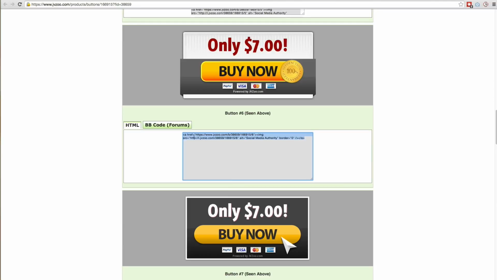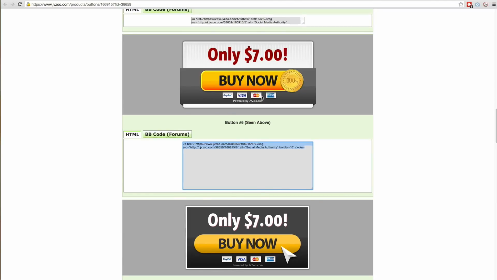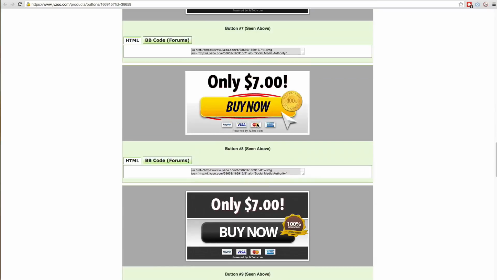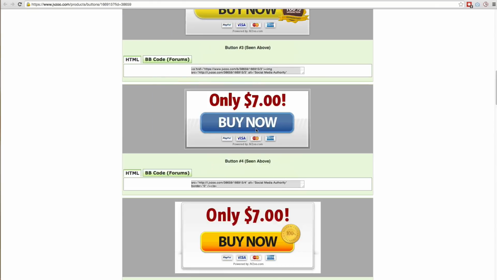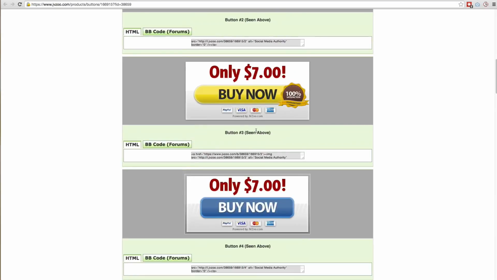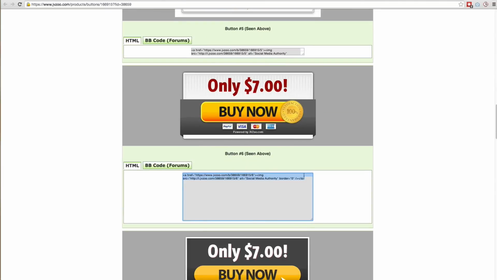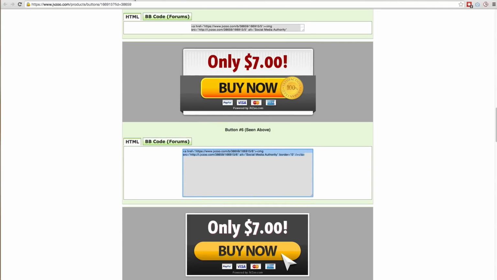So you can see here, that's the HTML code that you can add. So that's what it looks like. There's a few buttons you can choose from. Let's see, if you want bigger buttons, then you can do so. Different styles, really up to you. But if I just